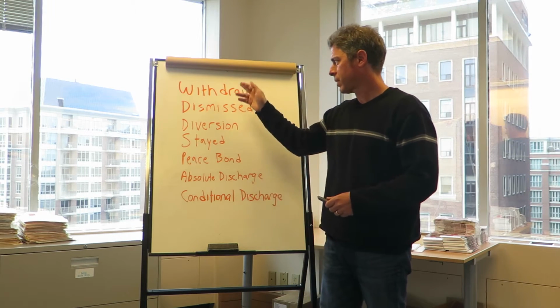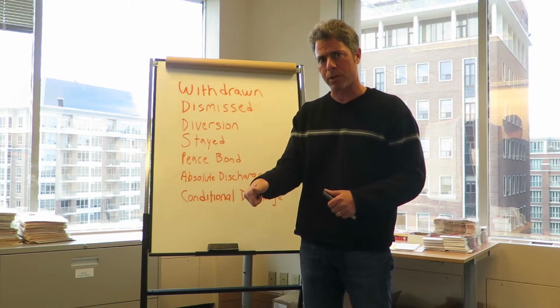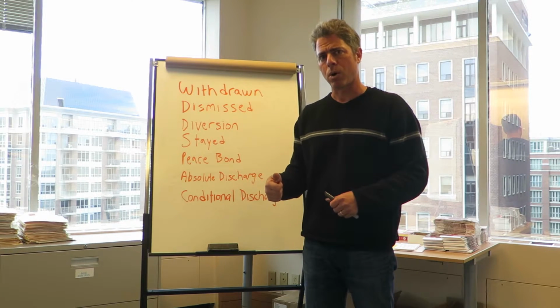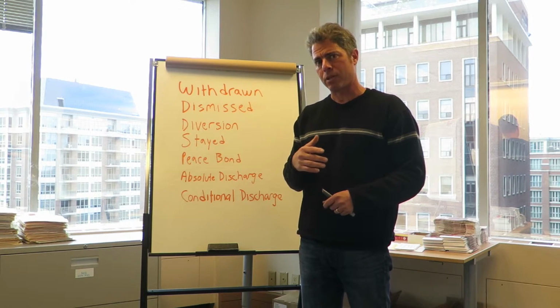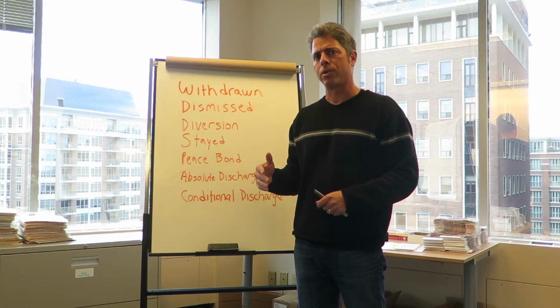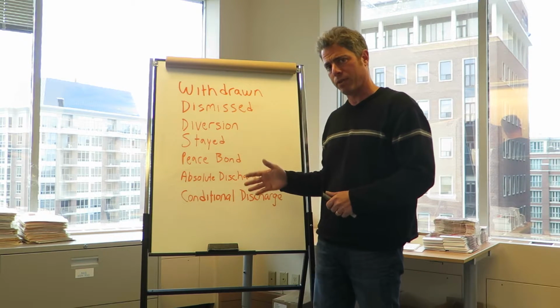Now, they all have something in common though. The thing that they all have in common is that you were fingerprinted by the police, you went to court, and there's also a police record. So the issue is that if someone runs a criminal check on you, they can still see that you've been in trouble even though you weren't convicted.